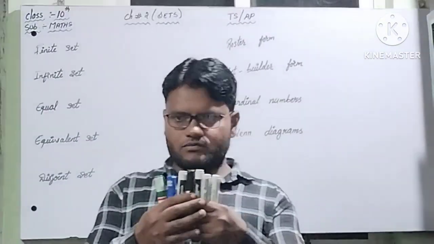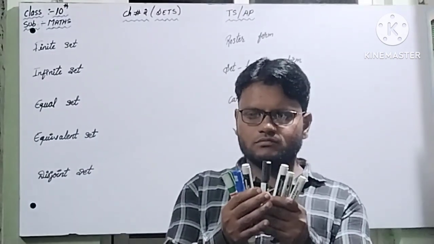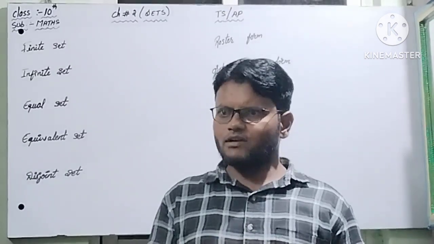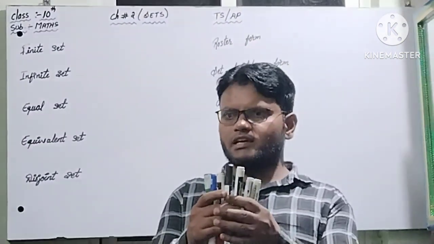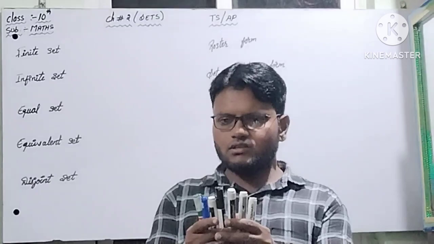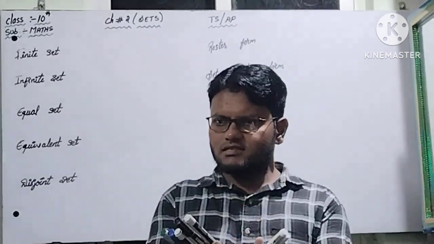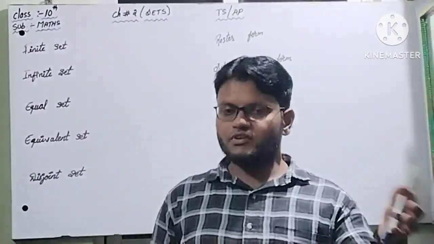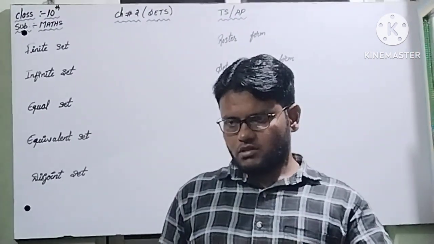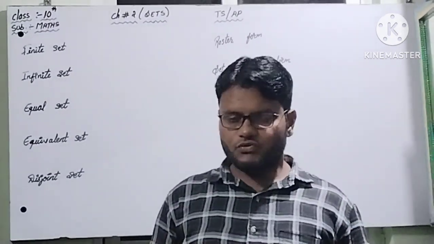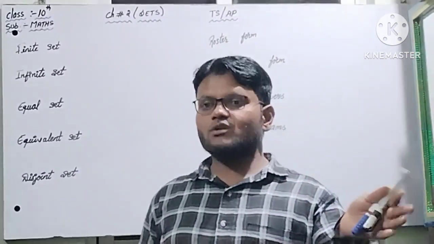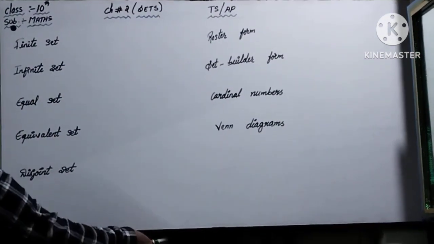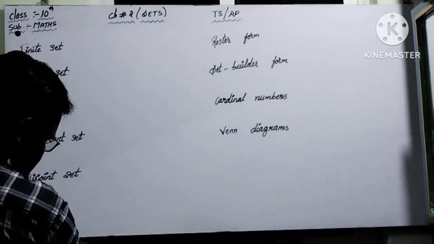In my hand, how many markers do I have now? 7 markers. These are countable. Yes, I can count, and you all can count this. By counting, you all said 7 markers. Yes, the right answer is 7. So what we can count, what is able to be counted, comes under a finite set. Finite means countable. The next one is